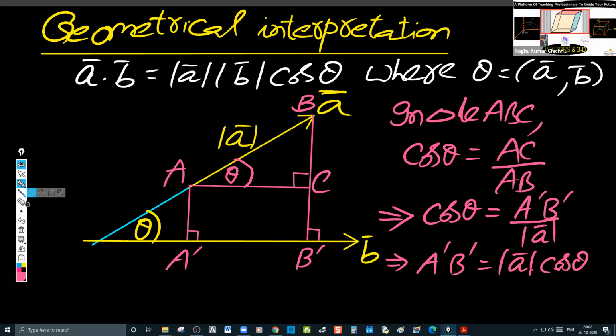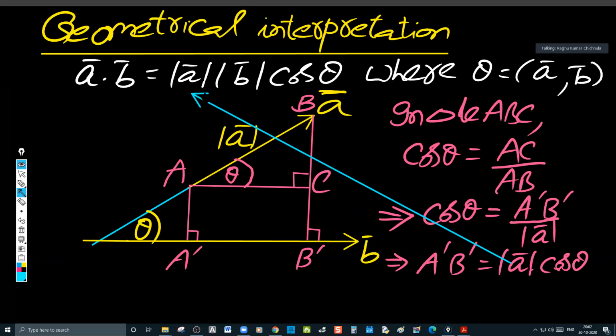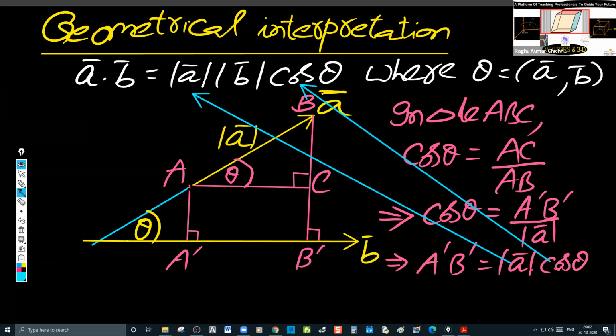Now we can define the geometrical meaning of it. That's what our effort is. What is our effort here? We want to understand the geometrical meaning of the dot product. So I have got this mod A bar cos theta, this one, as the orthogonal projection of A bar on B bar. So now finally, I'm concluding this. Therefore, A bar dot B bar